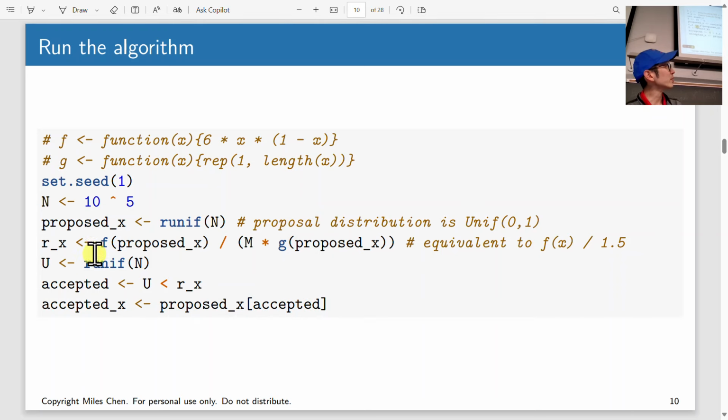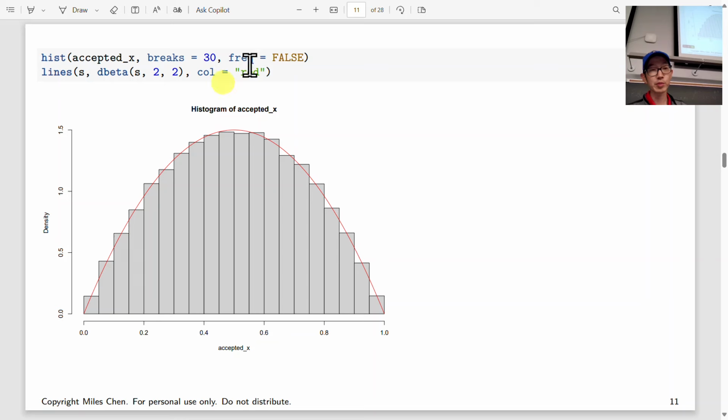I have a value of r of x calculated for every single proposed value of x, found by doing f of x divided by m times g of x. Then I generate 100,000 random uniform values, and I get a vector of logical values, some true, some false, and I only keep the ones where accepted is true. And so some of those values get thrown away,